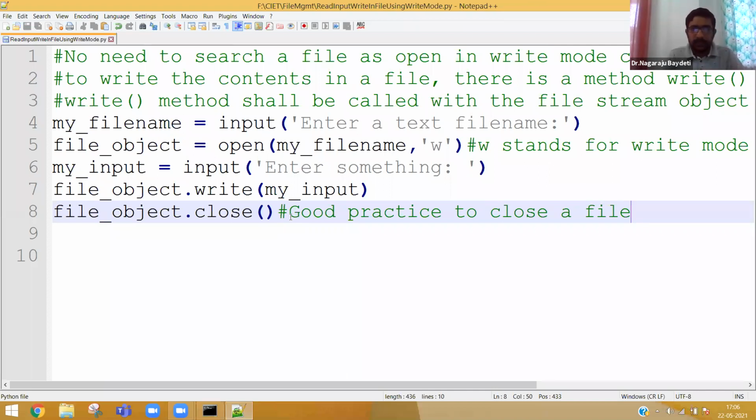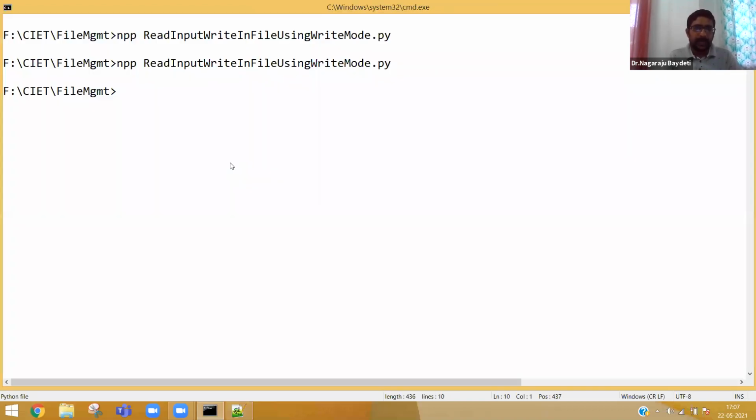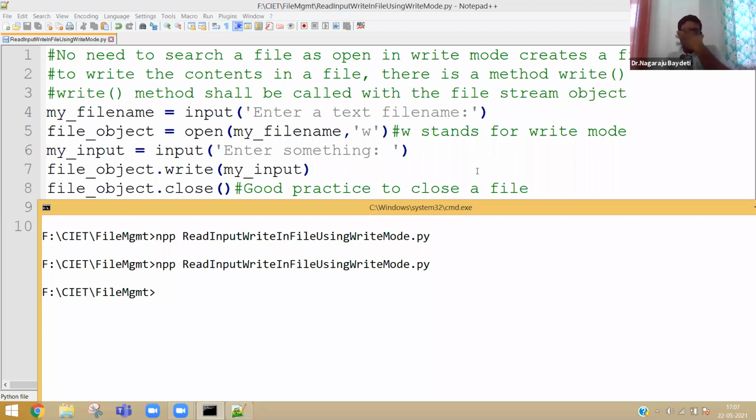Like sometimes we go to an internet center and if you open a mail, definitely you will sign out now. Correct? Something like that. Now tell me, in case you have any doubt in this particular program, I'm waiting in the chat box. In case you have any difficulty, please let me know, otherwise I will execute.